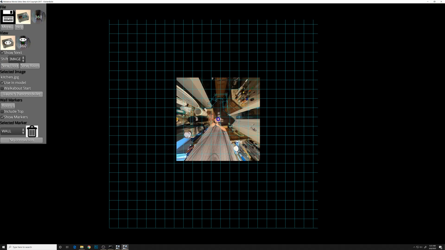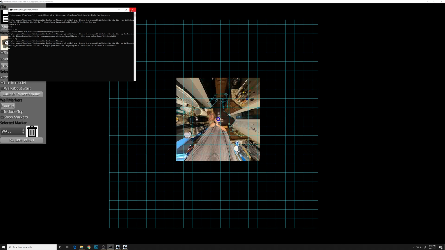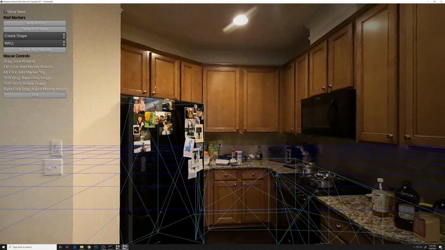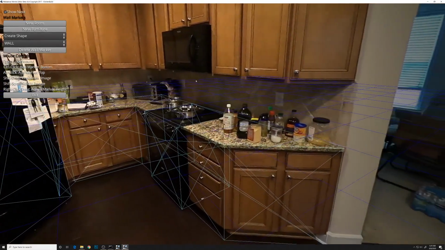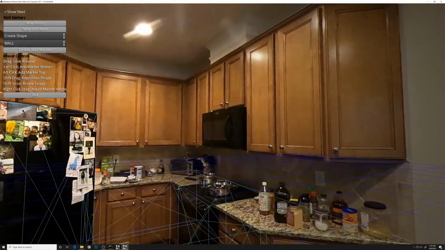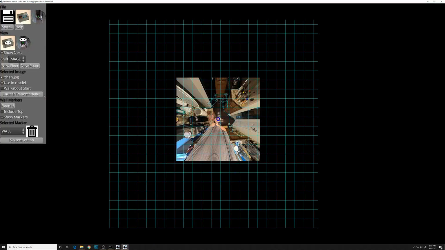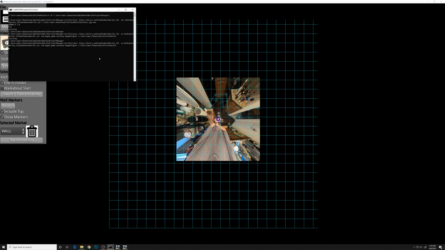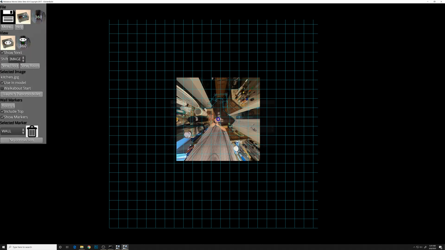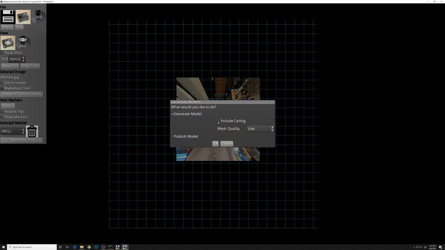So we'll go back and save this file. Once you do that, you can check, it says scene build, and then one last look, exit, include top. We want to include the ceiling. This doesn't always work. I'll show you another way to make sure that does work. And then click the 3D generate model, publish model, super high,